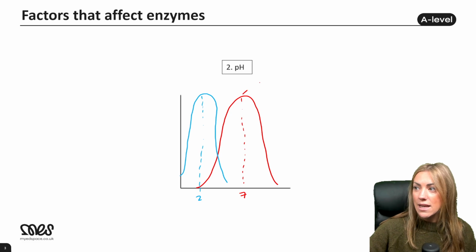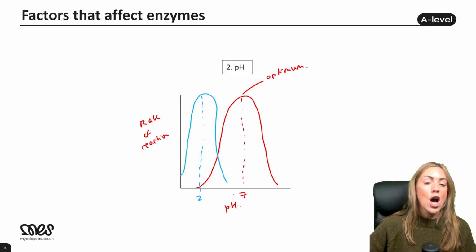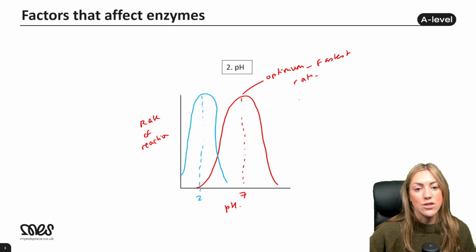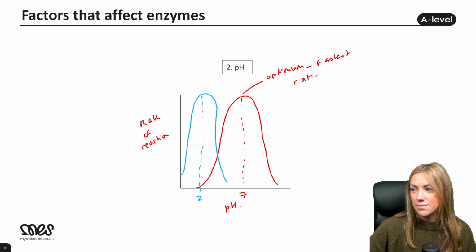Now, again, we would describe these points as our optimum pH. Just put rate of reaction on there so you know what we're talking about, pH on the x-axis. Optimum pH, again, that is the best pH for that enzyme, so you'll get the fastest rate of reaction. Now, if you go away from that optimum pH, whether the pH is getting too low or too high,